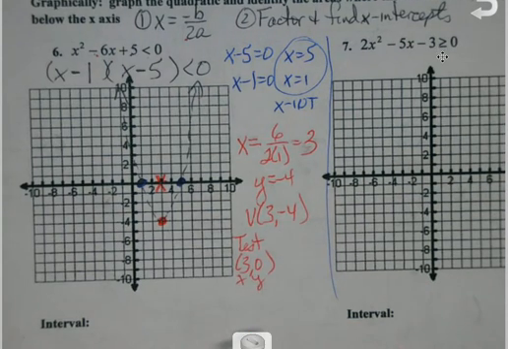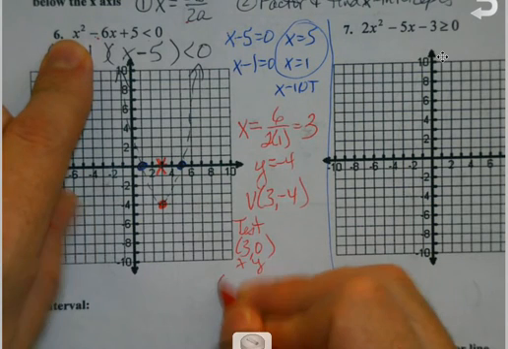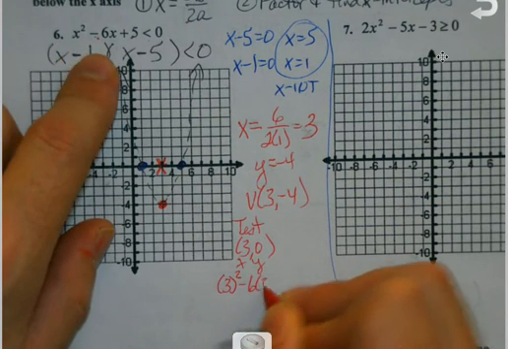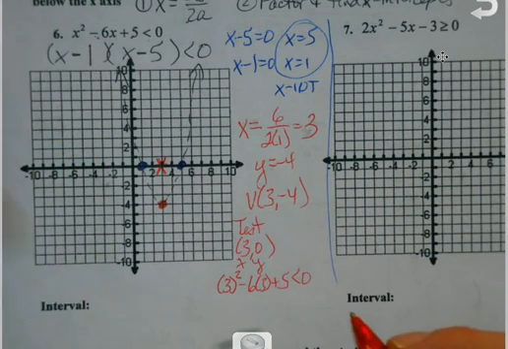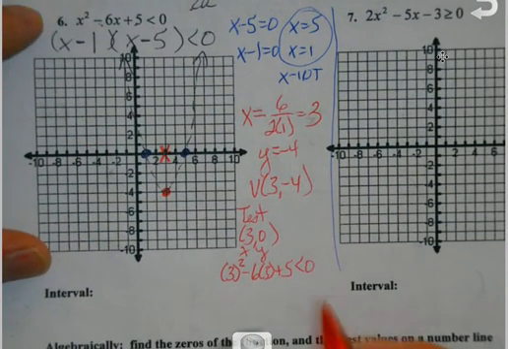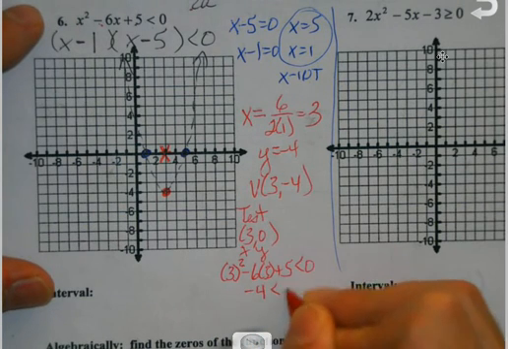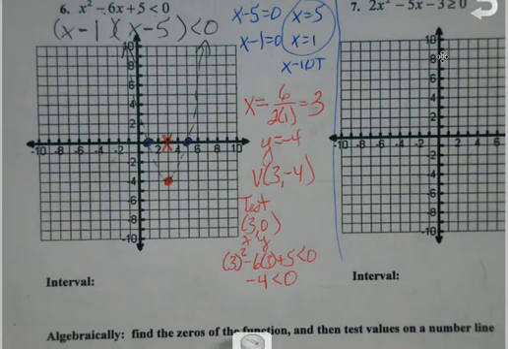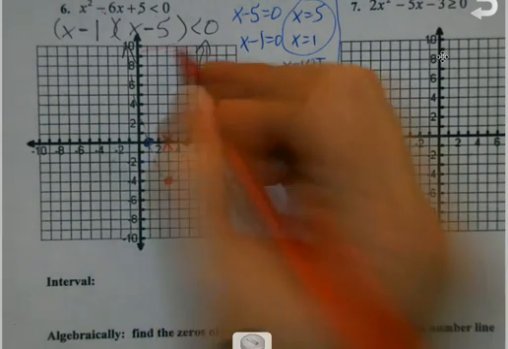That's okay. Then we don't plug a y value. We just plug the x. So we're going to have 3 squared minus 6 times 3 plus 5. And I'm assuming we type that into the calculator. So it'll be 9 minus 18 is -9 plus 5 is -4, less than 0. Yeah. See? So since it's true,